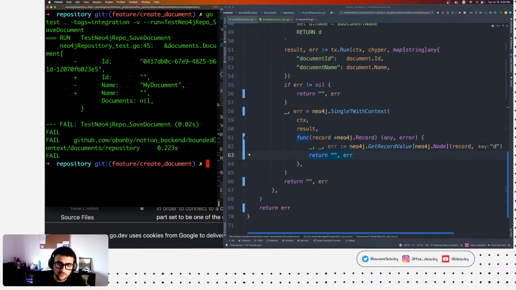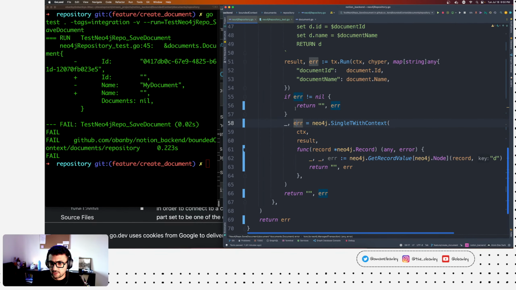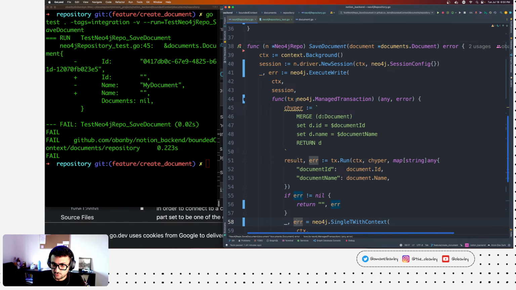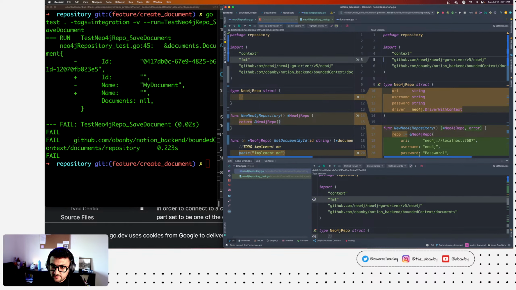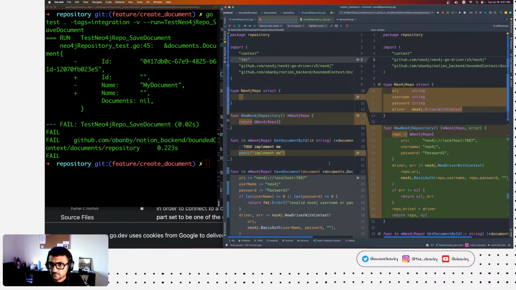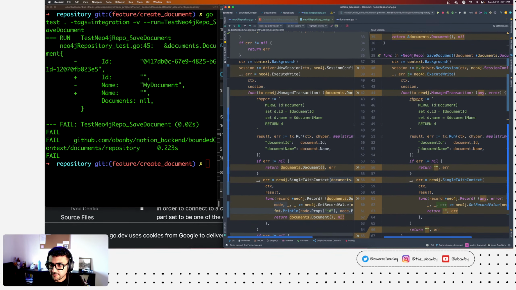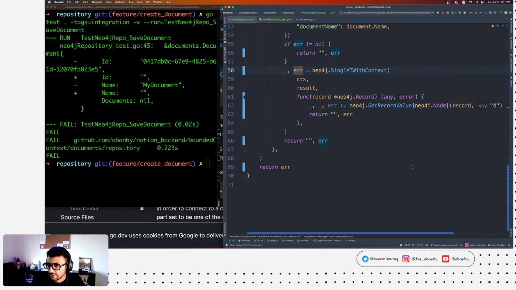Okay, so now our saved document is much cleaner. Great. Let me now show you the before and after of this here. Show diff. So that was all the code for saved document, and now you can pretty much see it in one box. Much better. Great. Okay.